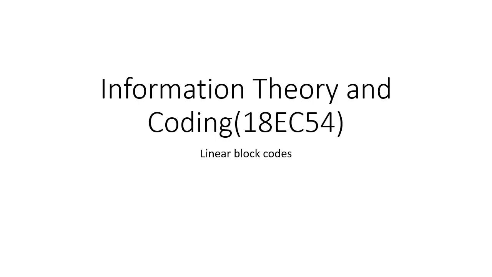Hello students, this video lecture is on the subject Information Theory and Coding, and in this class you are going to study about linear block codes, that is, how we are going to represent the linear block codes using the matrix description. Then you are going to find all possible code vectors using the generator matrix. Then you are going to write the encoding circuit for the same. You are going to write the syndrome calculation for the same, and you are going to detect the error using the parity check matrix H, identify the error and then correct it using the parity check matrix H.